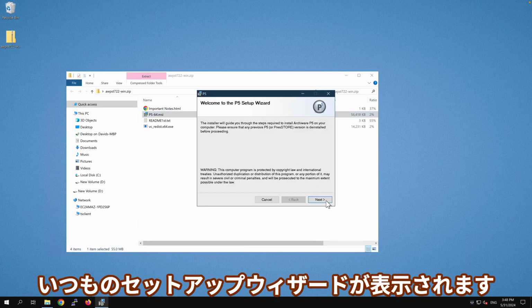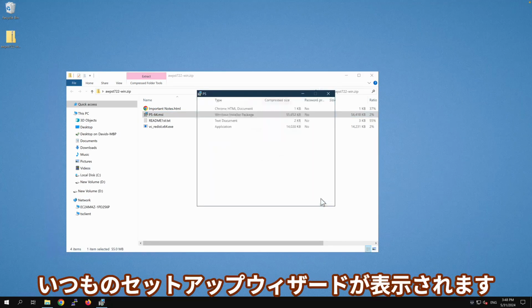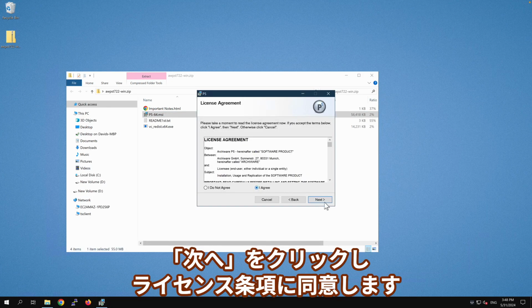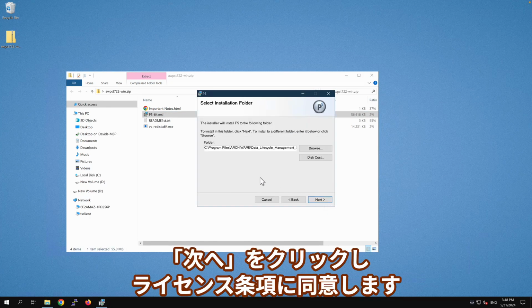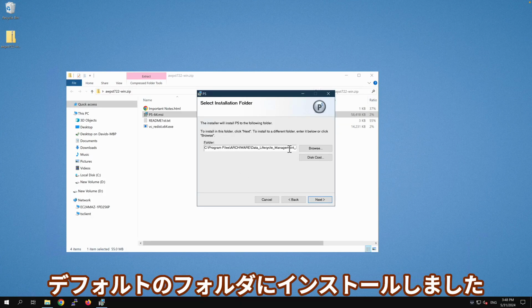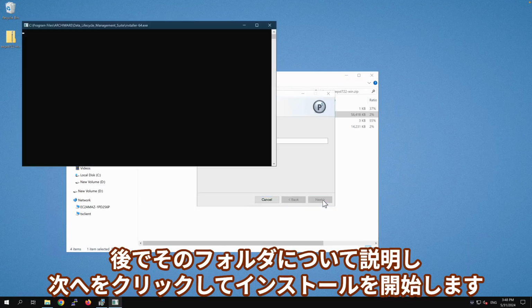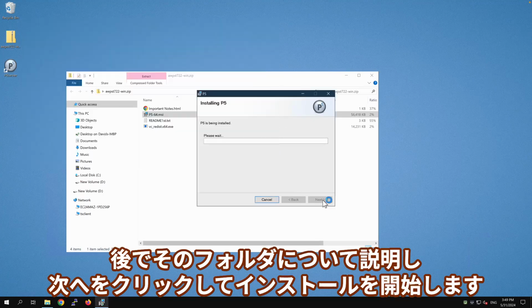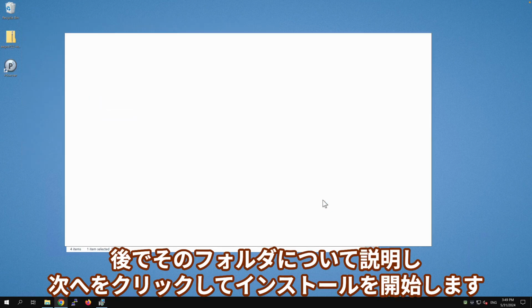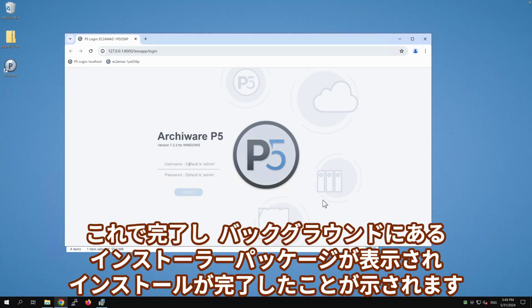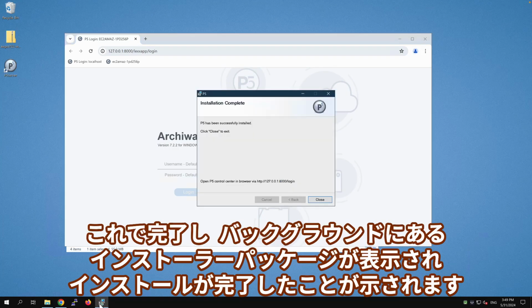So we get the usual setup wizard, so we click next, we agree to the license terms. We install in the default folder, and I'll come back and tell you what that folder is in a moment, and then we click next to begin the installation. So that completed, and you see the installer package, which is now in the background, has indicated that the installation